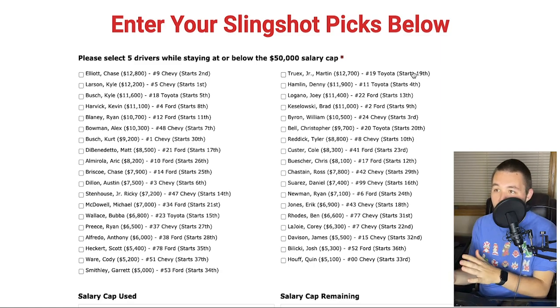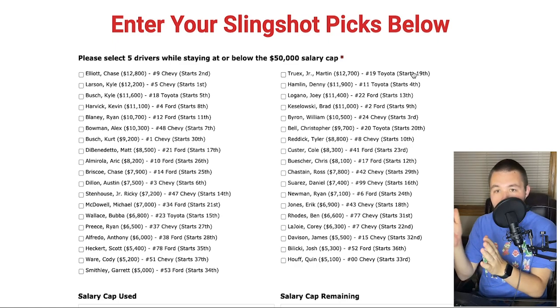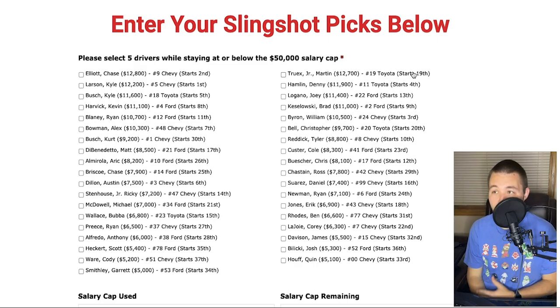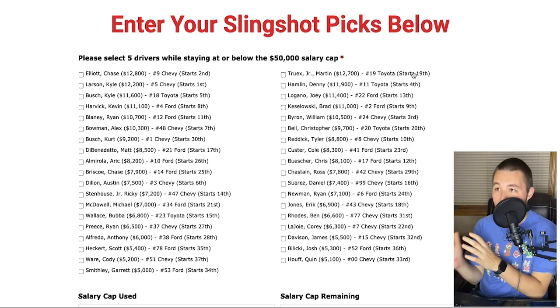But if you're just going to go with one, so obviously the safer option is going to be Truex, place differential, 2 points per position, could win the race. He could have a huge day. Chase Elliott probably has higher stage point potential, so he could make up for that place differential potential. He obviously doesn't have place differential. He starts second. The highest he can go is first. So the max place differential points he could get is 2. So safer option, Truex. Strategy-wise, if you wanted to go to Elliott instead of Truex,